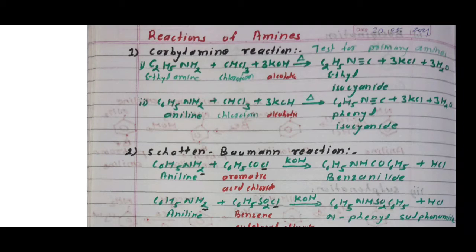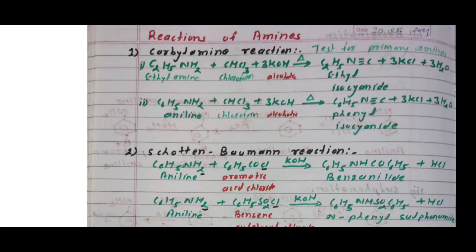Then the second reaction, the Schotten-Baumann reaction. Here the amino groups of the amines are acylated when they are treated with aromatic acid chlorides, C6H5COCl, or sulfonyl chloride in the presence of caustic soda solution. This is known as the Schotten-Baumann reaction. This technique fails in the case of aliphatic acid chlorides as they are hydrolyzed quickly in